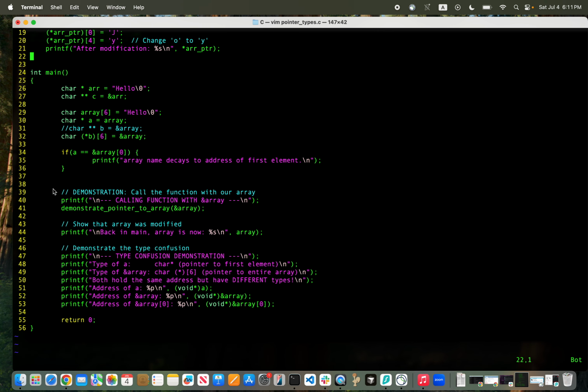Right, so when we have array, if we refer to the name of the array, then it decays to the address of the first element. But when we do &array, it's really saying let's take the array and obtain a pointer to the entire array. So array is just pointing to the first element, the first character,